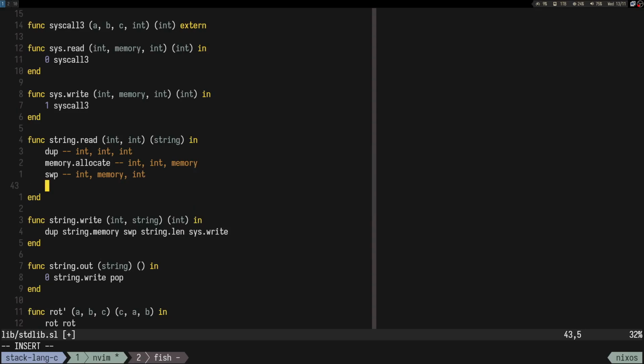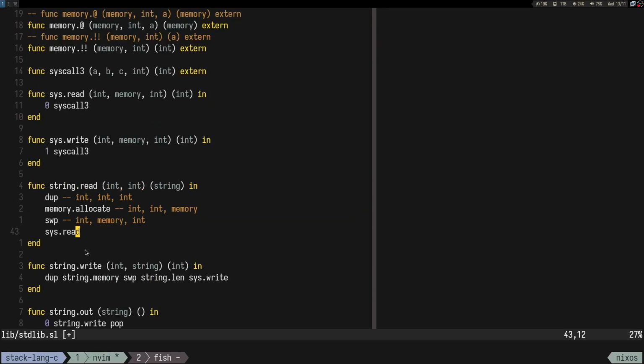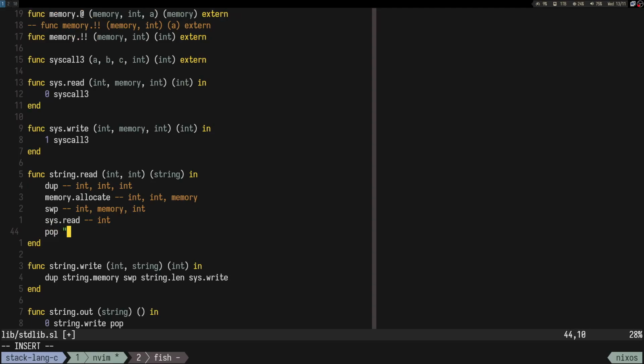So we'll see if we sys.read, and syscall.read is going to return an int. So it's going to tell us if everything worked. But that way we kind of lost our